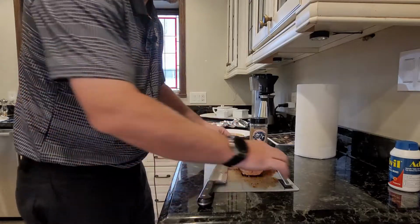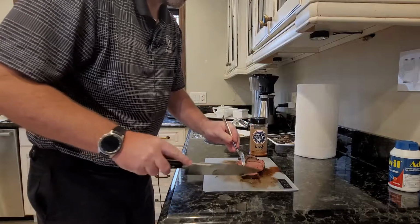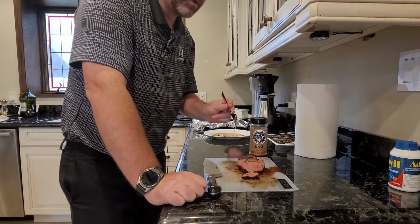You can see the juices here, you can see the meat. So this is a very successful cook, and I'm going to give Making It Mojo a big thumbs up on